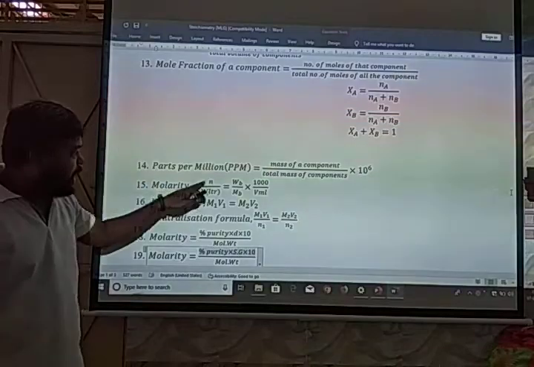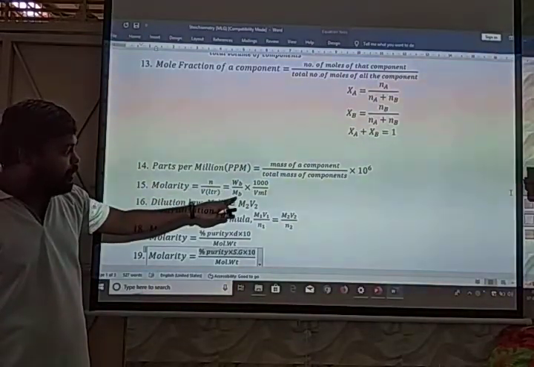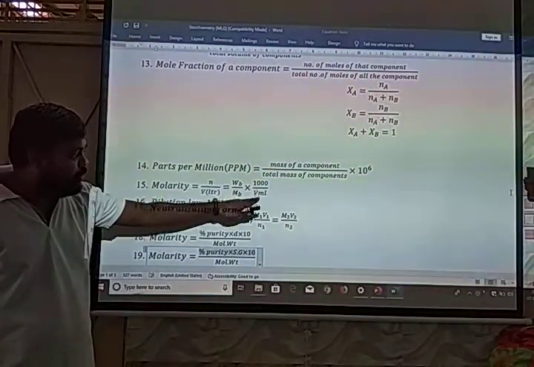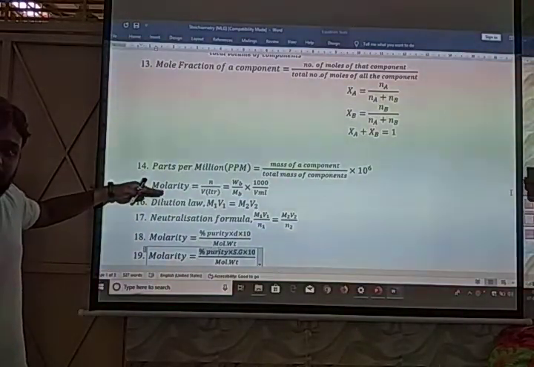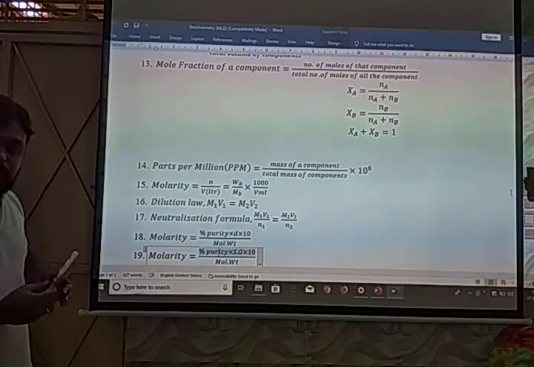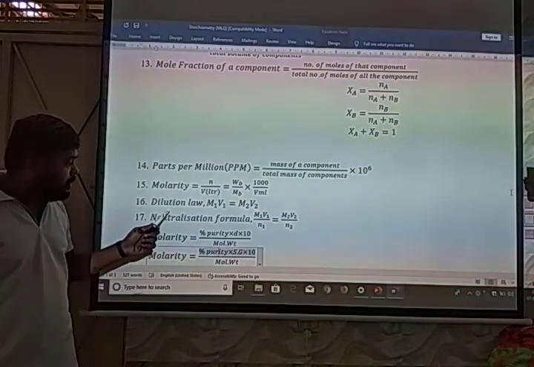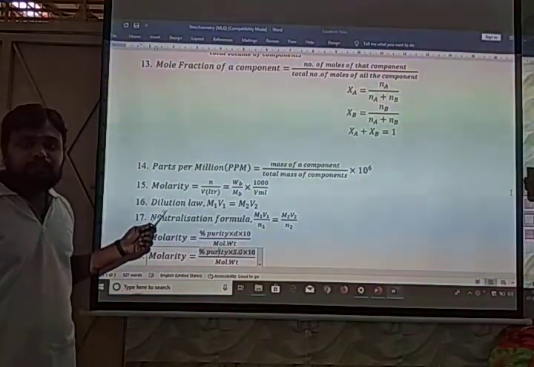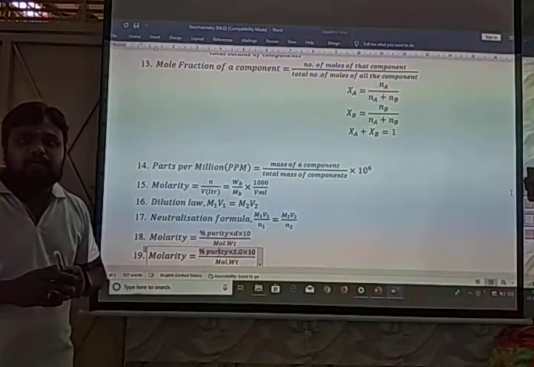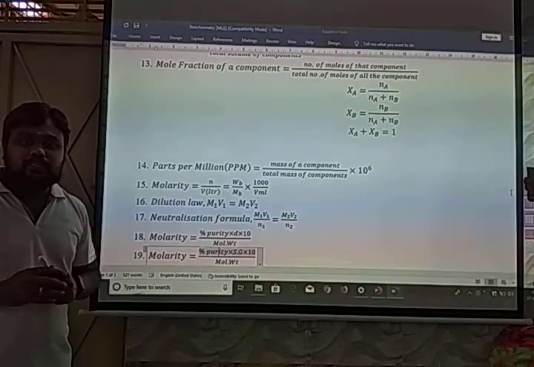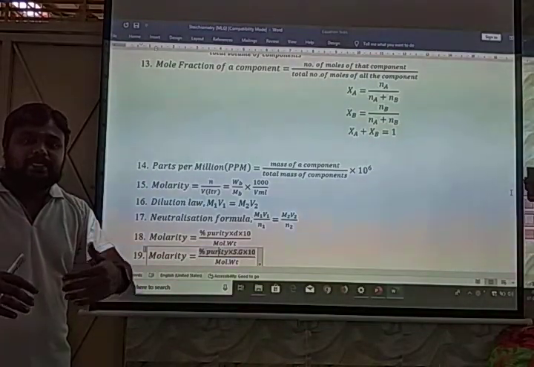Number of moles can be calculated using the formula: weight of solute by molecular weight of solute into 1000 by volume in ml. Similarly, here we have other relations regarding molarity, very important relations for competitive examinations. Among them, one is the dilution law. So if you mix two solutions together, you will be getting another solution in which the molarity